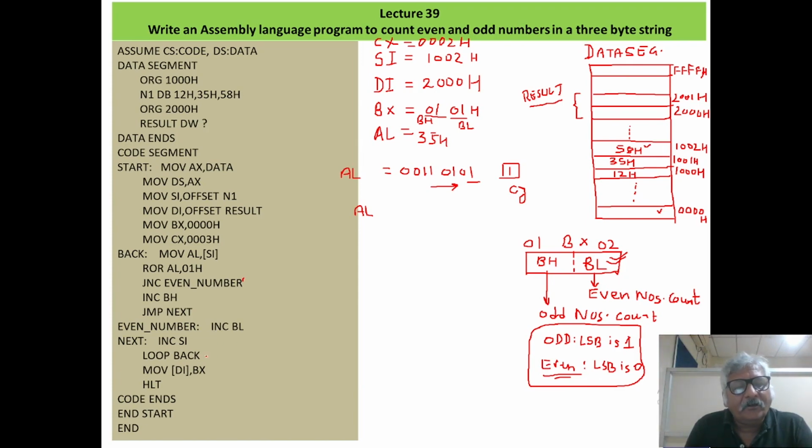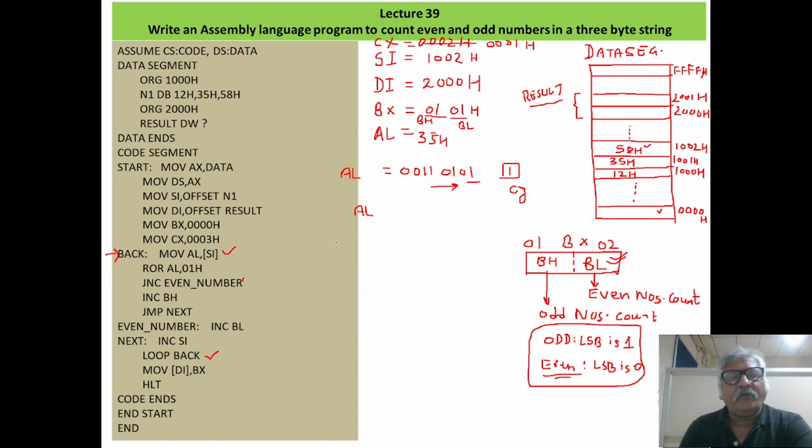After this, LOOP back. CX will decrease by 1, so CX will become 0001. And if CX is not 0, then go back to the label back. We will come to this place.